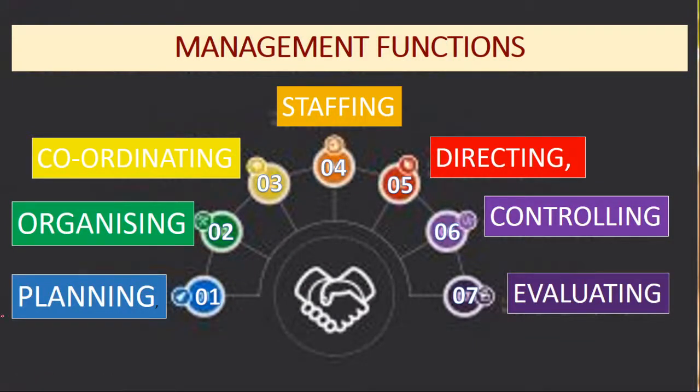Now, the different management functions which are required in a hotel are: the first is planning, the second is organizing, coordinating, staffing, directing, controlling, and evaluation. Now, the details of all these are covered in chapter number 4, catering वाला जो lesson था. If you have forgotten, I'll give you a link here and you can click on it and go back to the catering section. Otherwise, this video is going to be very long. All these steps have been discussed in detail in that chapter, catering. Okay, go back to chapter number 4 and read it well.